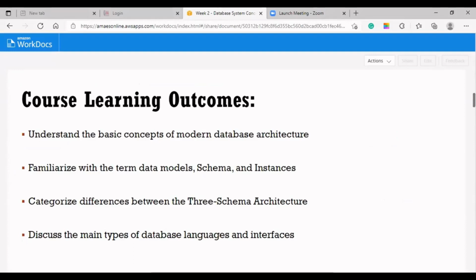When you say modern database architecture, it pertains to the architecture or the blueprint of a database, or simply the conceptual design and physical design. So when you say conceptual design, what is the concept behind a system, how it works? For example, for an enrollment system, how does it work, what are the steps going on inside the enrollment system,